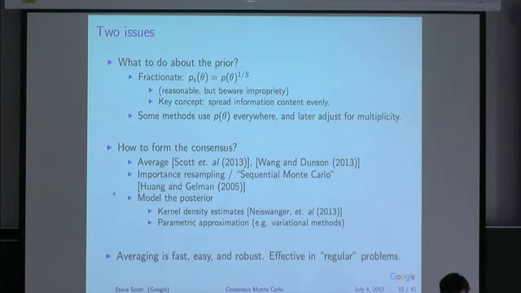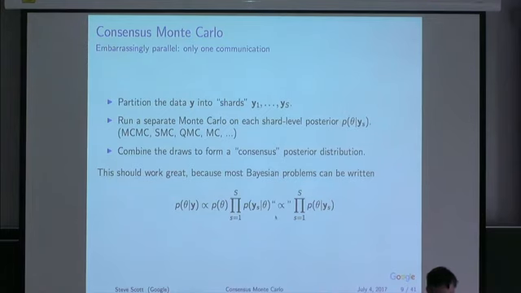Huang and Gelman thought about this way back in 2005. We're going to see pretty soon that yes, it does work, but it only works with dimension up to 5 or so. And then the other idea that people have had is, well, if what I really want to do is take these posteriors and multiply them together, why don't I just come up with some sort of a model for the posterior distribution, right? And then I can multiply those models together.